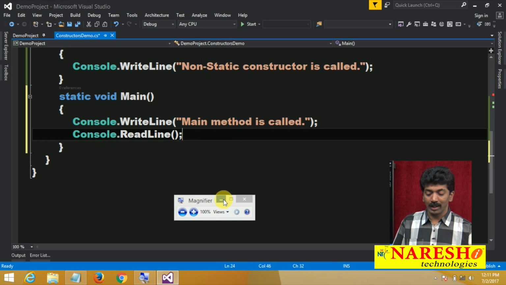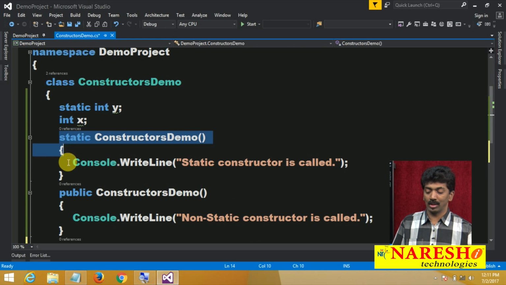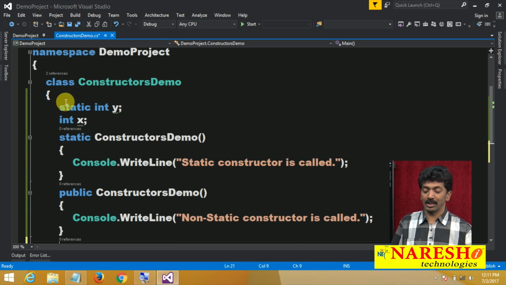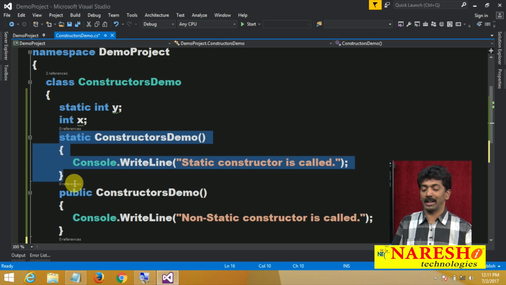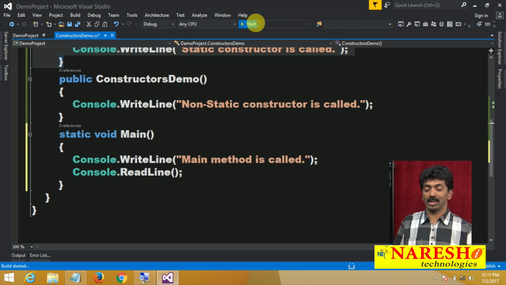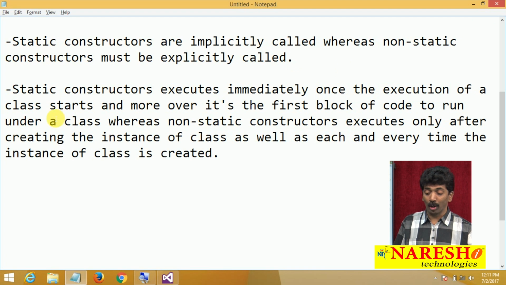But even though execution starts with main, the first block to run under the class is always the static constructor. So execution starts here, and before it executes the code in main, it jumps to the static constructor, executes the code there, and then comes back to the main method. You can notice the output again. First what is called? Static constructor. Afterwards the main method is called. So the point to note is static constructor executes immediately once the execution of a class starts, and moreover it is the first block of code to run under a class,